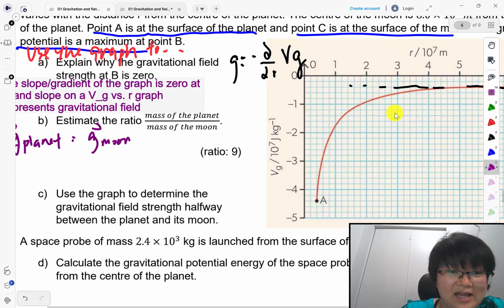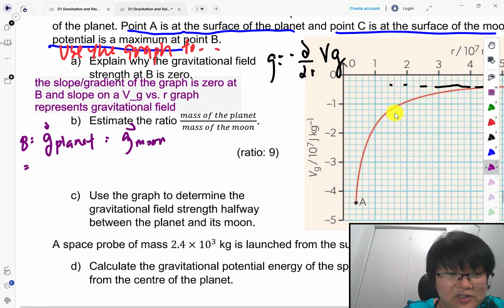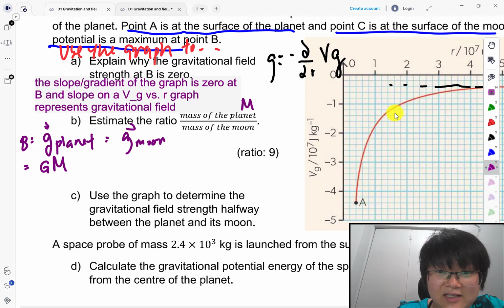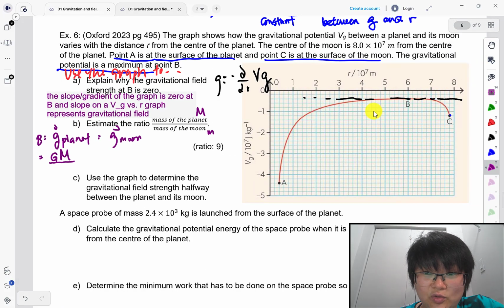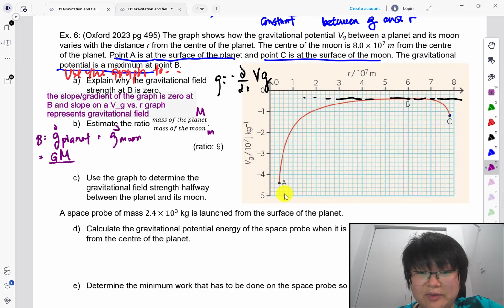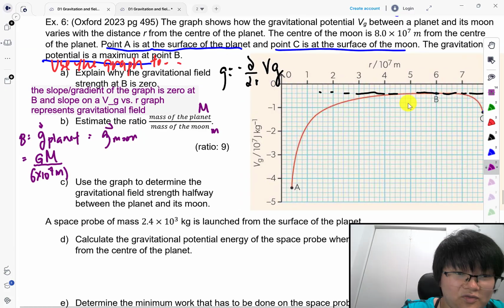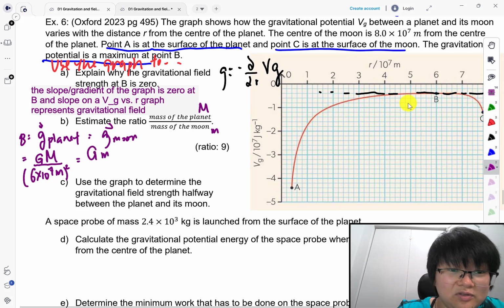For the planet, to calculate gravitational field, this is big G, and this is going to be M. I'm going to use big M for the planet and small m for the moon, over the distance from its center to where point B is. Don't forget, A is just the surface of the planet, not the actual center of mass. So starting from 0 all the way to B, this looks like 6 times 10 to the power 7. Don't forget to square. And this is equal to big G small m, for the moon, over